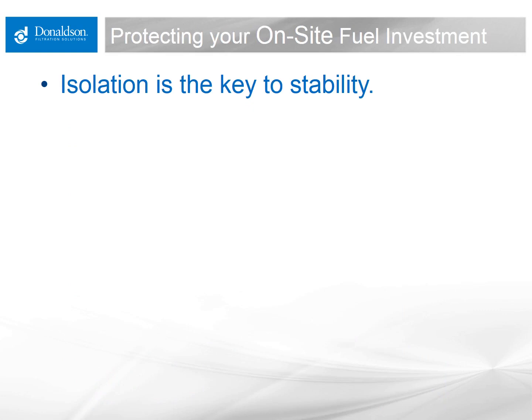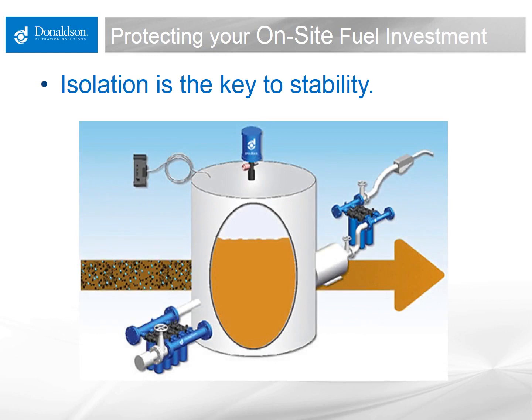So touched on here in a few different ways is the concept of preparing for this situation in winter and making sure you do everything you can to limit things that can happen to stop you in your tracks in the winter. And the key to that is isolation of your fuel. Filtering on delivery, whether into a bulk tank or a mobile tank or a piece of equipment, to prevent additional particulate and water from getting into the system in the first place, once you've cleaned it out in the fall, is the best practice. If you can do something to isolate that fuel with a breather to prevent particulate from getting in, but even more importantly, potentially moisture,